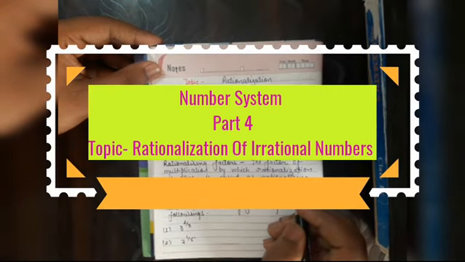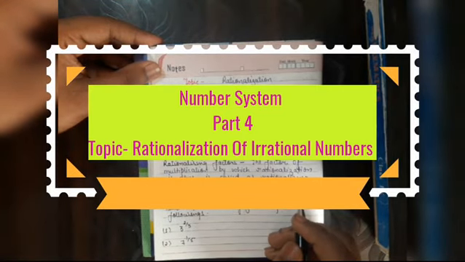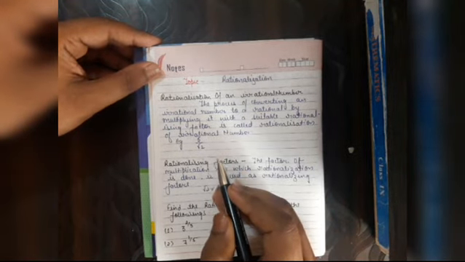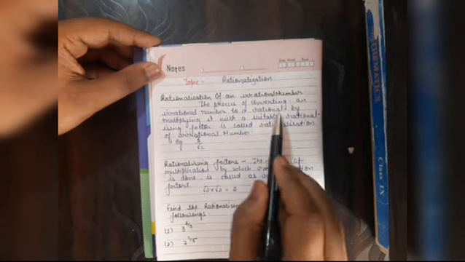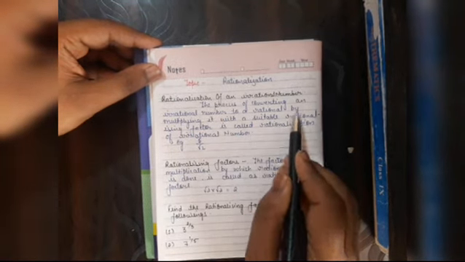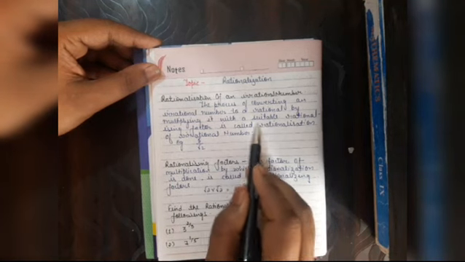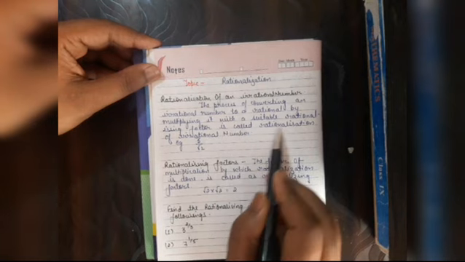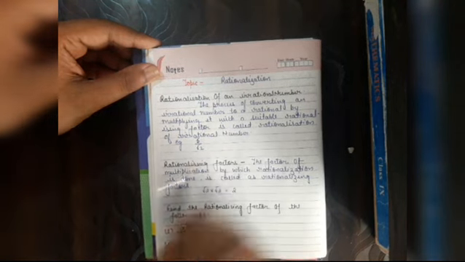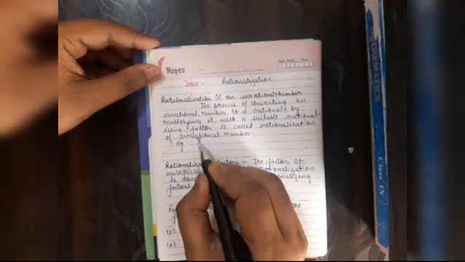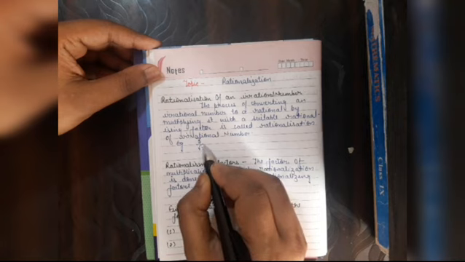Hello student, in this video we are going to discuss the topic rationalization. So what is a rationalization? The process of converting an irrational number to a rational by multiplying it with a suitable rationalizing factor is called rationalization of irrational number. Suppose we have 3 by root 2 here,